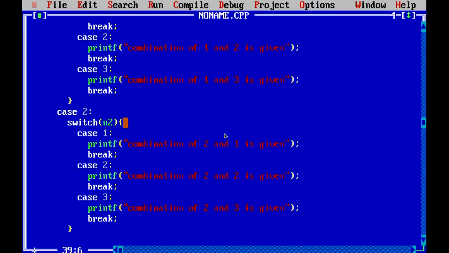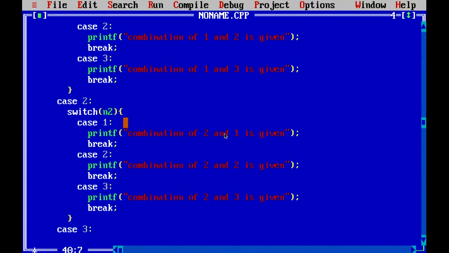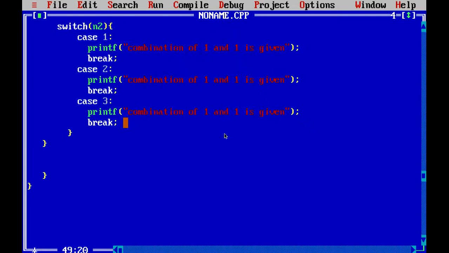And the same as we have given for case 1 and 2, we will give the statements for case 3. That will be the same. It will print the combination of 3 1, 3 2 and 3 3.